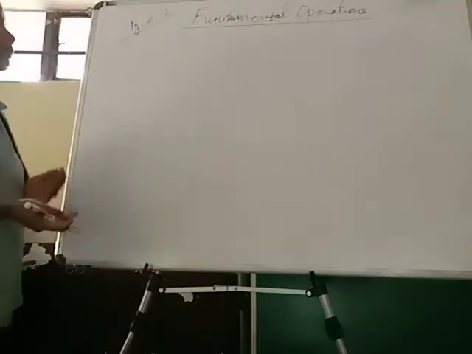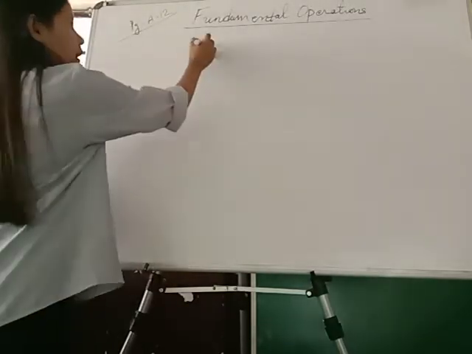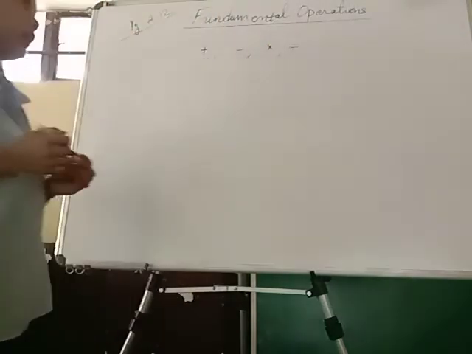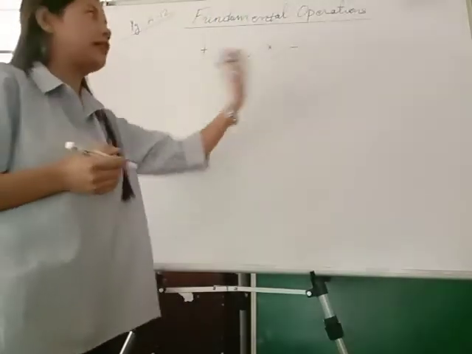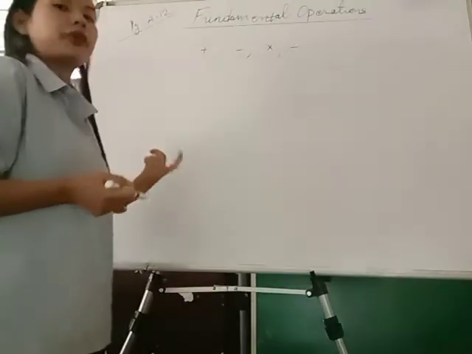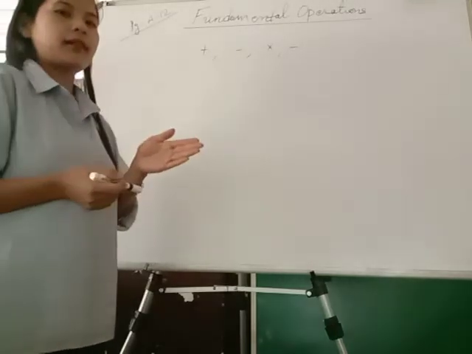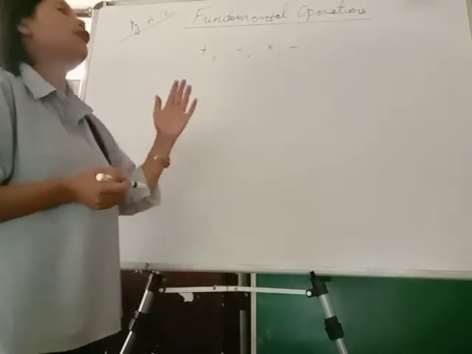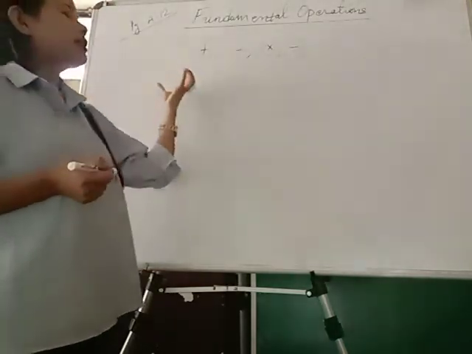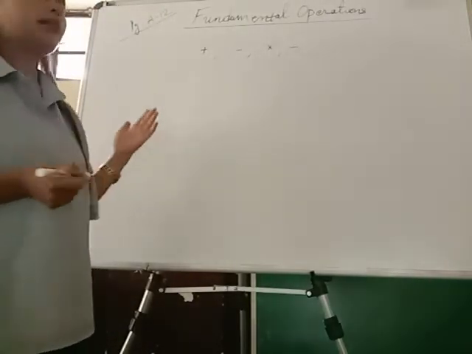In mathematics, when we talk about operation, we are basically talking about addition, subtraction, multiplication and division. These are the four basic operations we deal with in mathematics. As I have already told you in the beginning of our unit algebra, all the rules of arithmetic hold true for algebra as well. So we will be using the same rules in algebra. Whatever rules are there for arithmetic, we will be using for algebra as well.